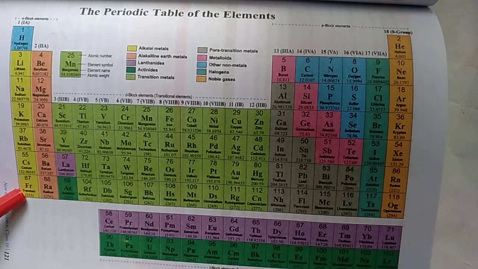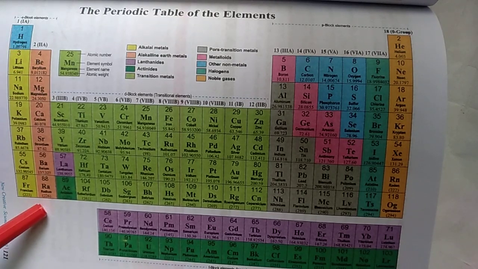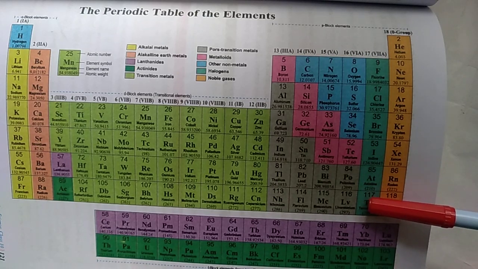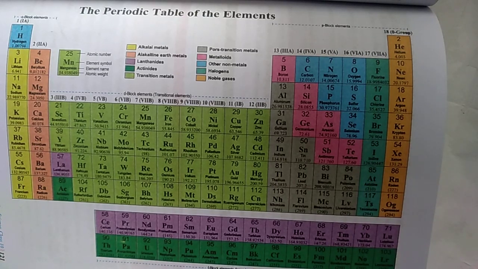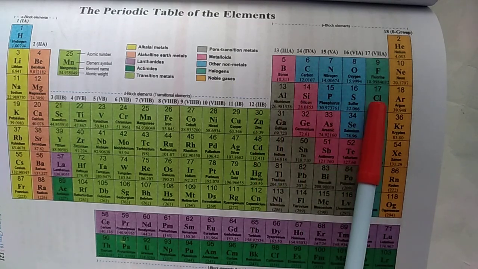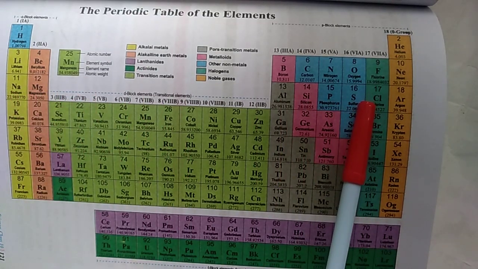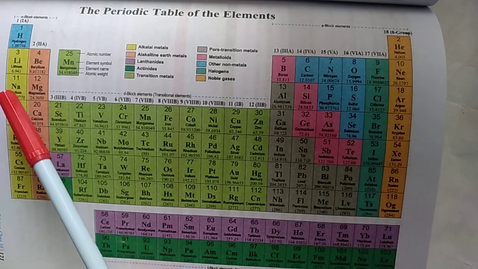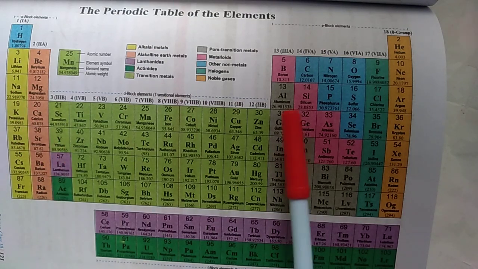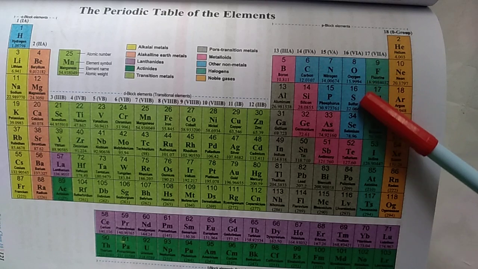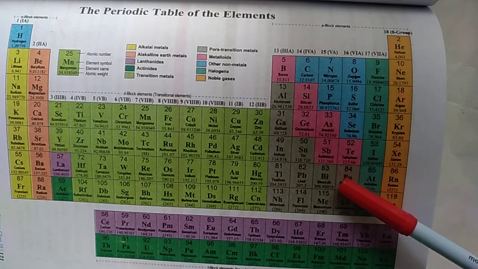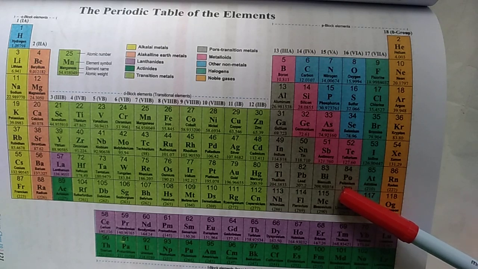Group 1a elements are called alkali metals, group 2a elements are called alkaline earth metals, and group 7a elements are called halogens. These are called halogens because they react with the elements of group 1a to form salt. For example, chlorine reacts with sodium to form sodium chloride, which is a salt. So group 7a elements are called halogens because they react with group 1a elements, alkali metals, to form salt. Right? Group 6a elements are called chalcogens because they are combined with copper in nature. Okay, they remain by combining with copper in nature, chalcogens.